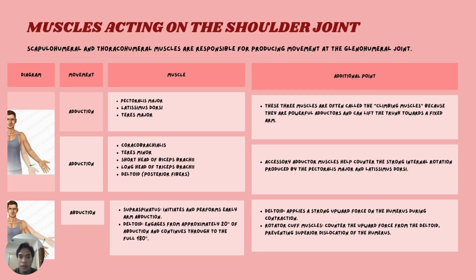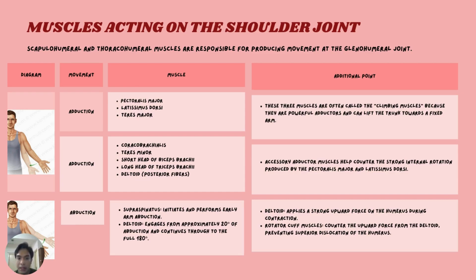So next, we go through the movement of abduction, like this. The prime abductors of the arm are the supraspinatus and deltoid muscles. It is believed that the supraspinatus is important for movement initiation and early abduction, while the